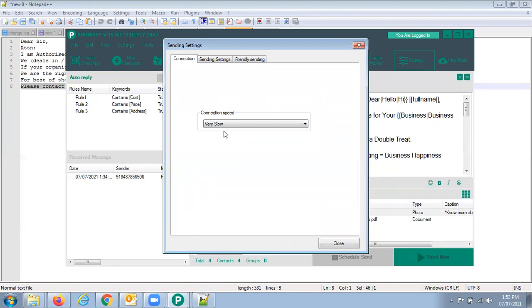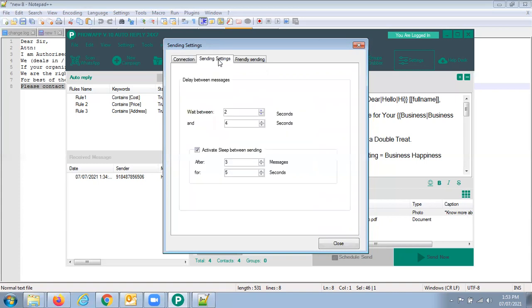So we always keep the connection speed slow, right? The sending setting is very important. Here you see "wait between," like the time between one message and the next. We generally keep a 15 to 20 seconds gap.